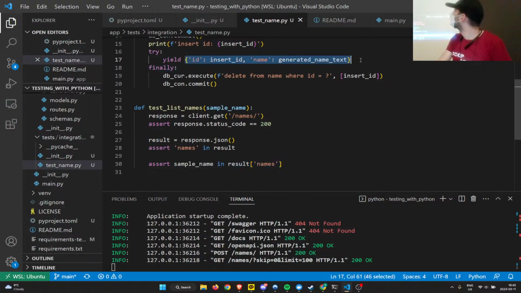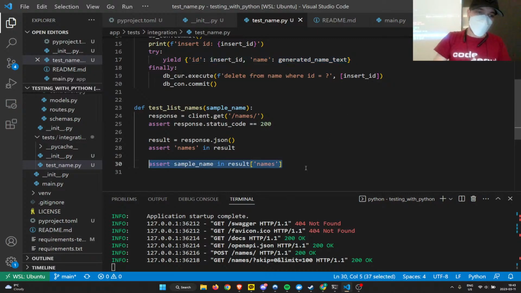Oh, so sample name. Yeah. This is sample name. Got it. So result names. Each of the entries is a dictionary, right? Yep. Yeah, I don't think it does deep comparison. We can't do that then. Yeah, I thought so. Yeah. It's been a while. God, I miss writing code.